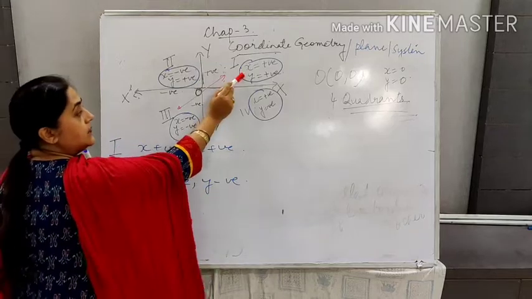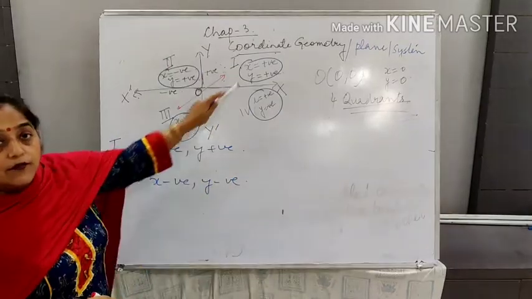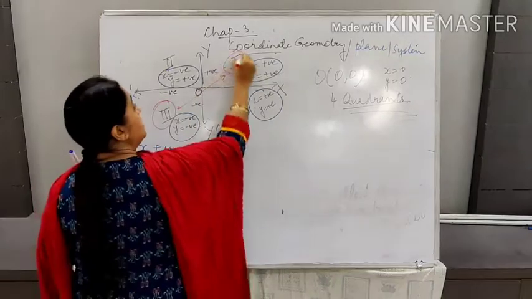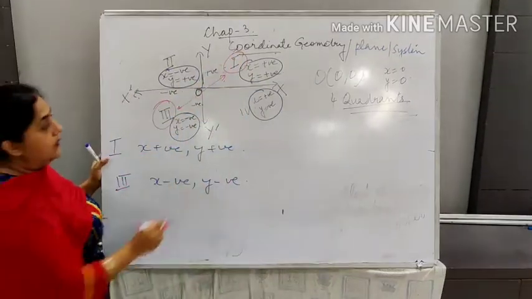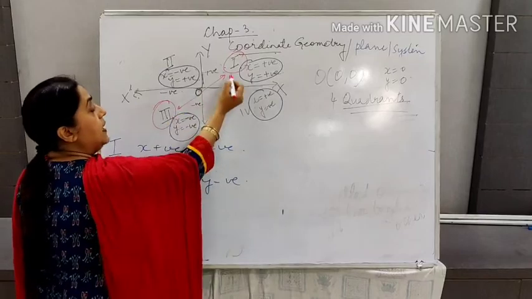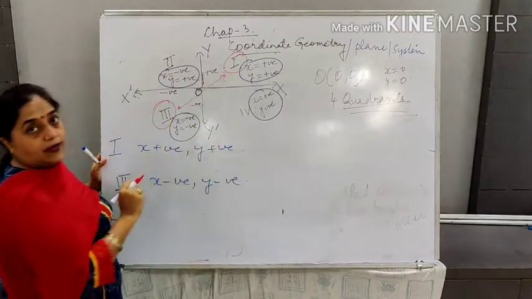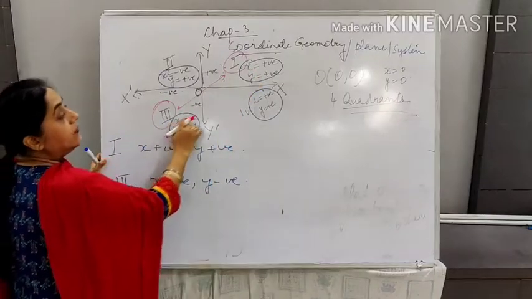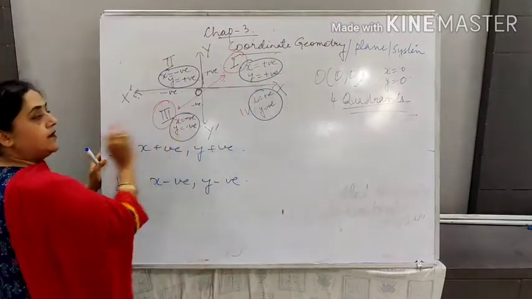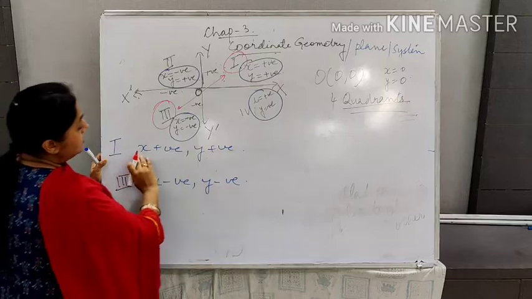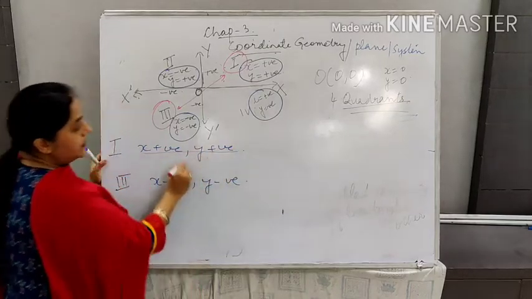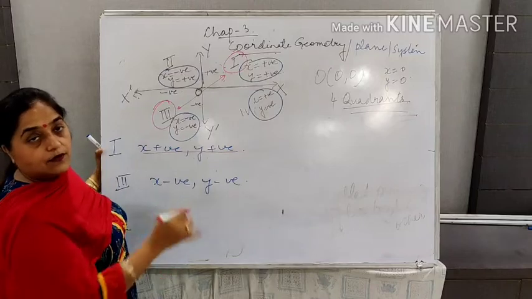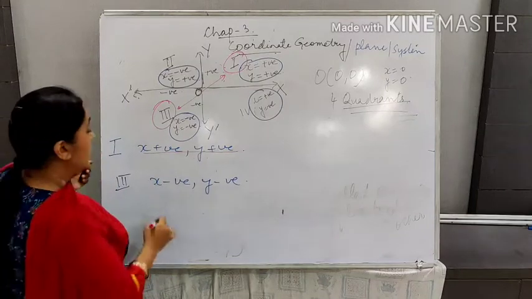Please see it again. Here x was positive, y was also positive. And which quadrant is opposite to the first? The third quadrant. So in the third quadrant, whatever is in the first will be exactly the opposite. Here x was positive so here x becomes negative. Here y was positive so here y will be negative. So that means you have to remember only the first quadrant. You can get the nature of the points in the third quadrant from it.